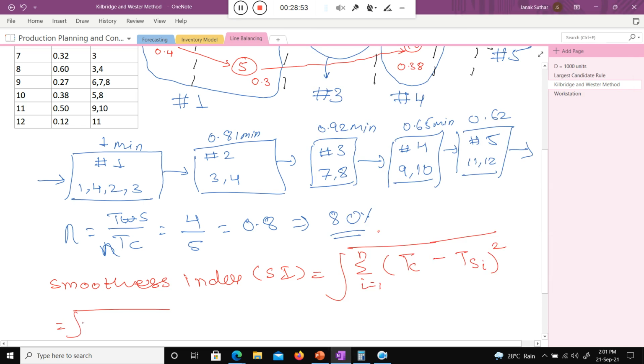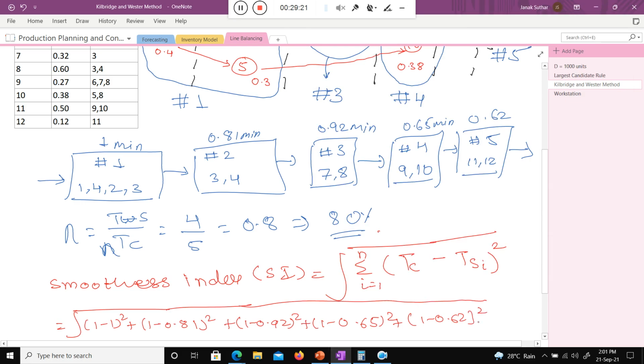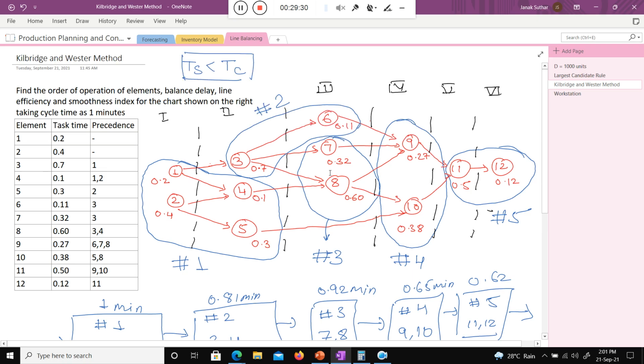You will find it like this: under the root, 1 minus 0.81 squared, where 1 is the cycle time, plus 1 minus 0.92 squared, plus 1 minus 0.65 squared, plus 1 minus 0.62 squared. That is nothing but 0.38. So with the Kilbridge-Wester method, the smoothness index SI is 0.38.